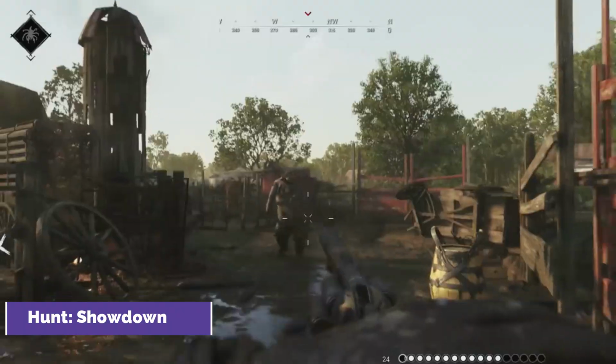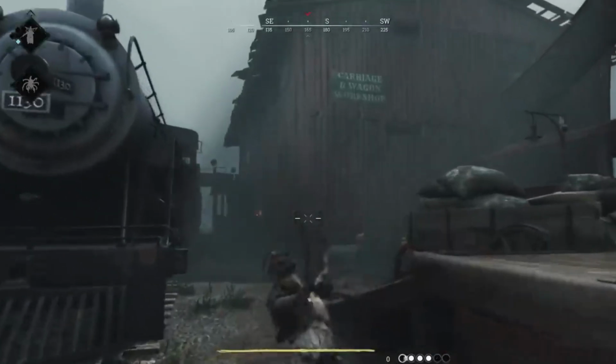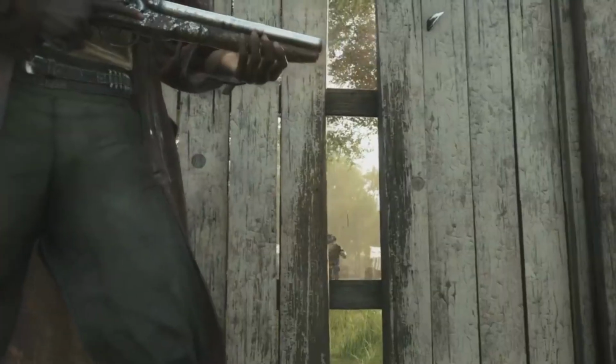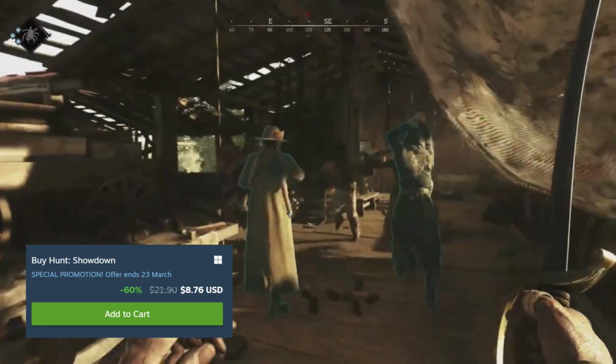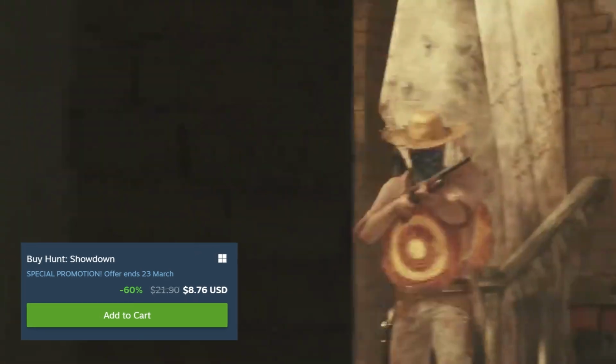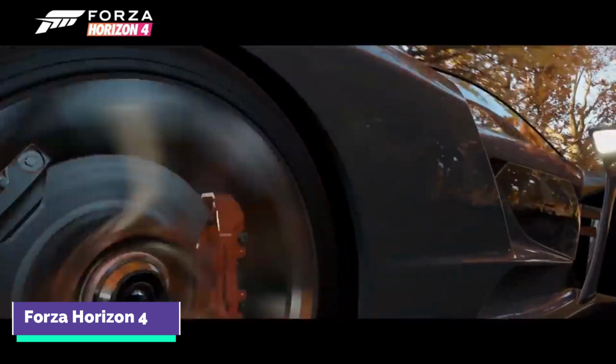Next up, we got Hunt Showdown. It's a very challenging tactical first-person shooter where you have to hunt down monsters. It's definitely not for everyone, but if you're up for a challenge, currently the game is 60% off and just goes for $8.76. Next up, we have one of the best open world arcade racing games that you can play